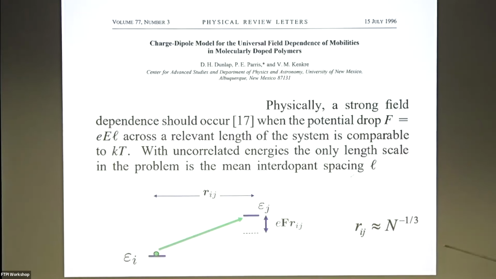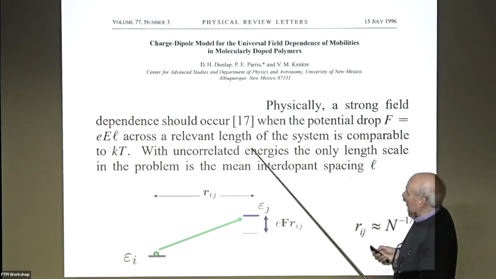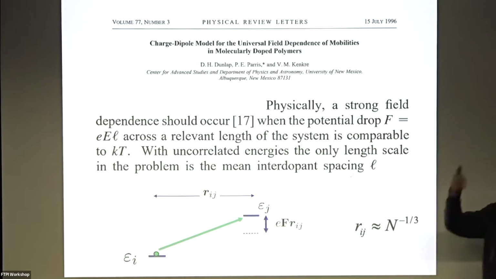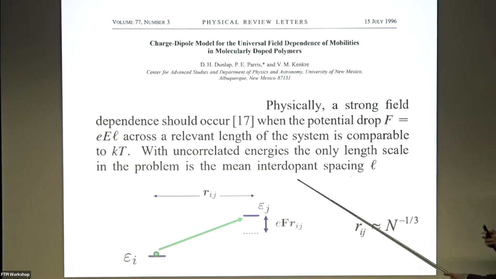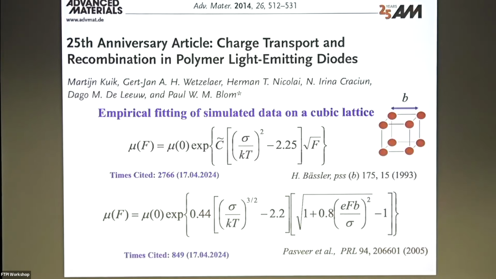Okay, I help you. The question was answered in an enormous amount of papers, and it is always answered in the same form. Just look at the characteristic length at which the drop of the energy happens. So the electric field slopes your energy landscape, and you look at what length a decisive drop occurs. And the answer is, of course, there is no other spatial scale but the interdopant spacing. So here we put the interdopant spacing, n to the minus 1/3. Well, they did it,